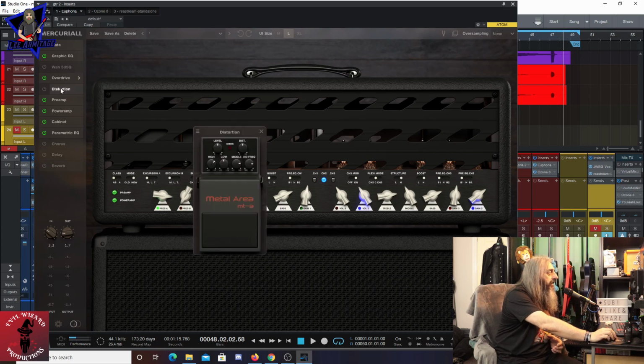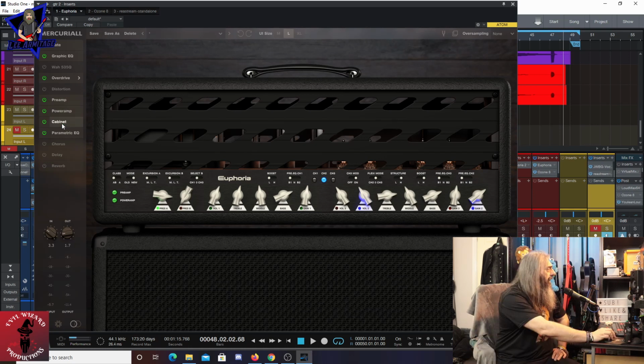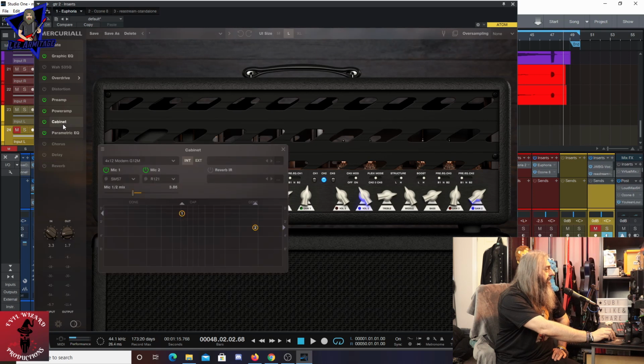Or if you want, you can have their version of the Metal Zone, which they call the Metal Arena. I have done a video on that a very, very long time ago. I may even revisit the actual Metal Arena itself, do a bit better video on that. You can switch the preamp off or the power amp off if you want to use different pre and power amps. And then you've got your cabinet section there, and obviously you can switch that off